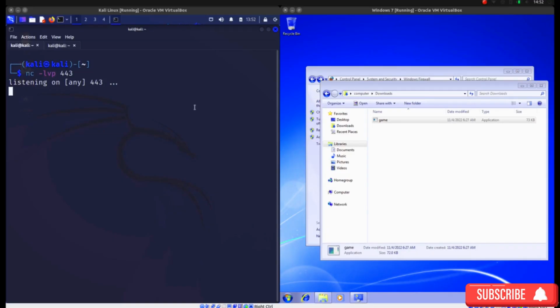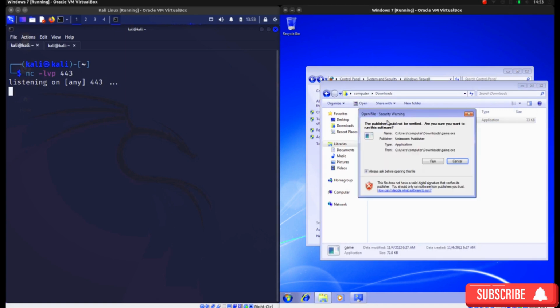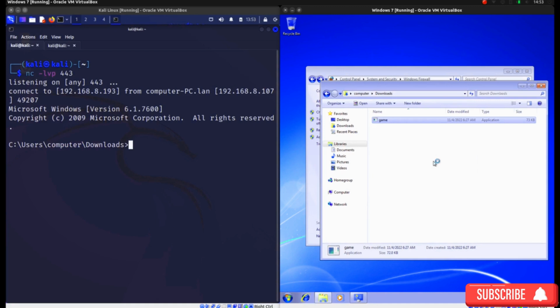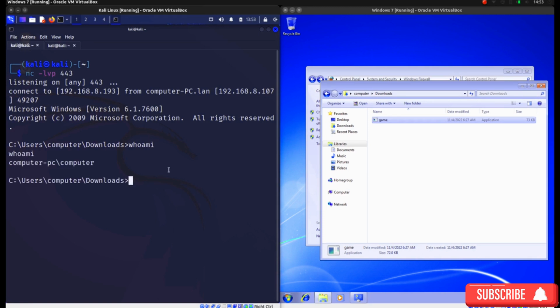So on the left we are listening for a connection on our attack box, and a user can start this program. That can be a regular user, but it might also be an administrator. If it is an administrator starting this program, you immediately have administrator access to the computer. But it might as well be a regular user, in which case you cannot completely access all of the computer's files. So to see which type of user you are, you can type the command whoami,